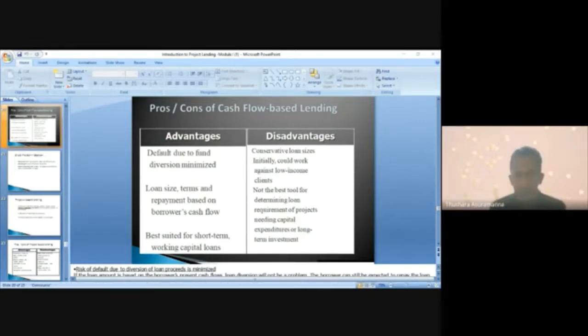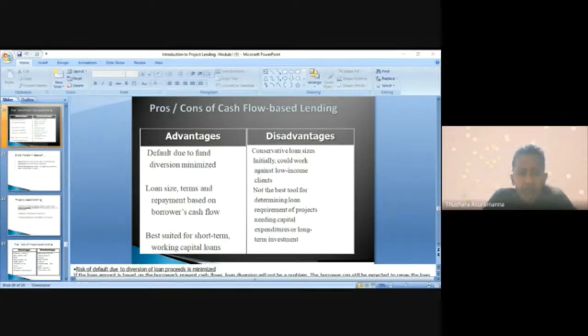So there are equal disadvantages in this category 2. That is, conservative loan sizes initially could work against low income clients. What do you mean by that? Any thoughts? Conservative loan sizes. And this could have an